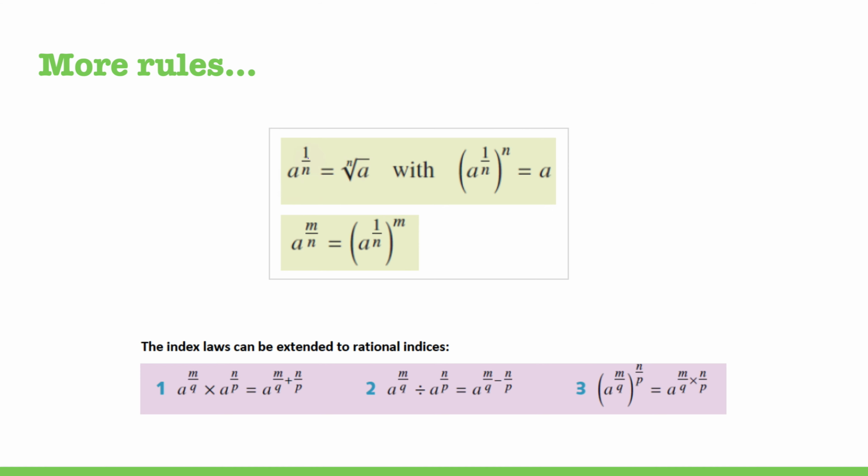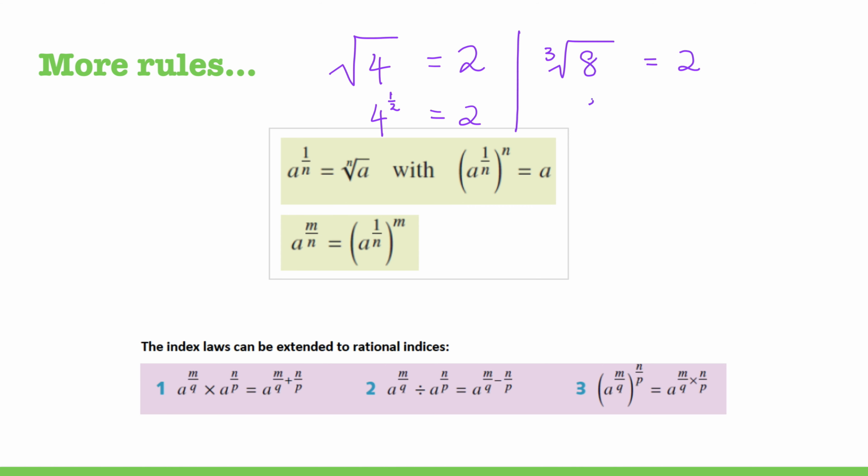What I need to understand here is what is a fractional power? The best example of a fractional power is the square root. Now, we've all come across square root. Essentially, we are looking for two numbers that multiply to give me the number that's inside, which is 2. But the way that we can write square root using powers or indices is that this is actually to the power of a half. We're taking the square root and therefore I've got a 2 at the bottom, which gives me the same answer. So if I have the cubed root of 8,